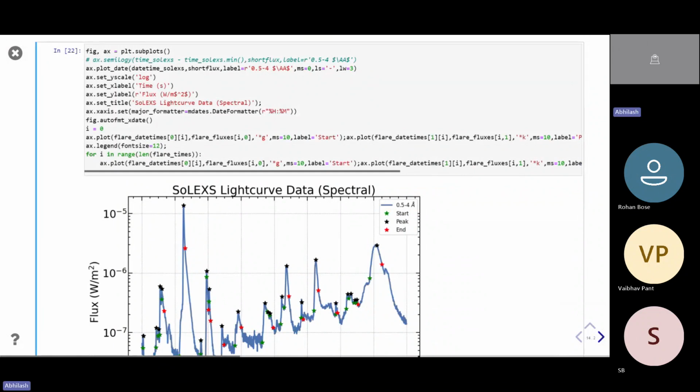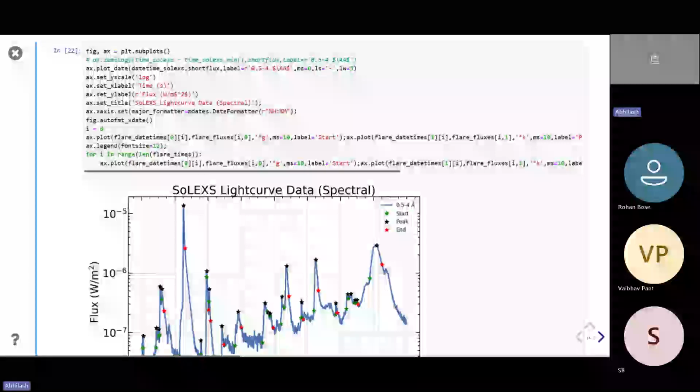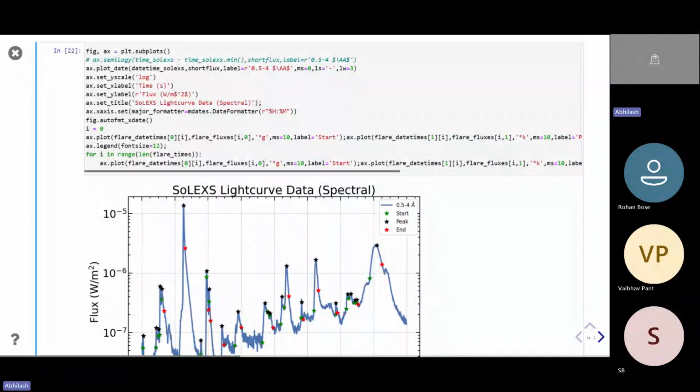But how do you identify peaks? Is it a peak? If I say the threshold is here, I'm missing all these flares. So it's a challenging problem, and people are still coming up with new algorithms to try to detect